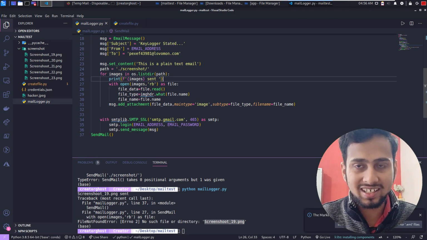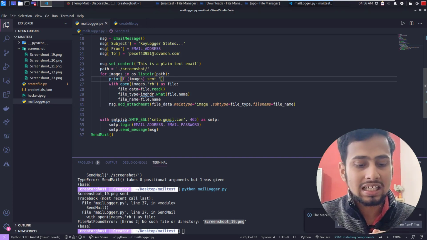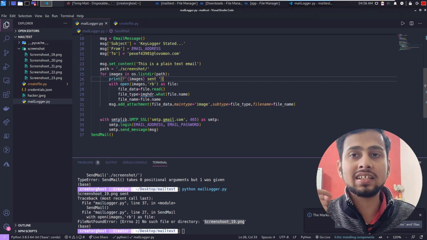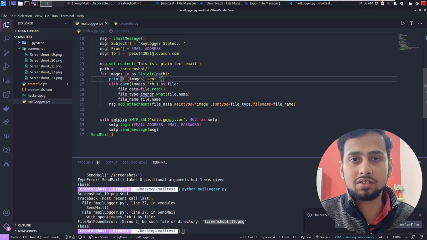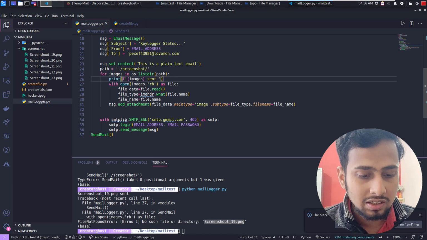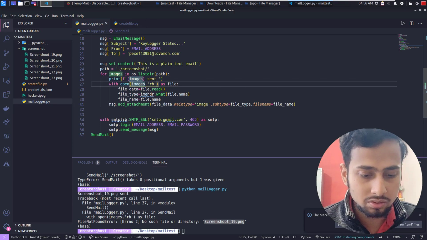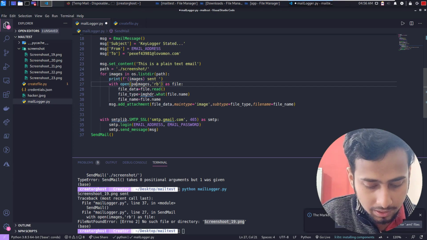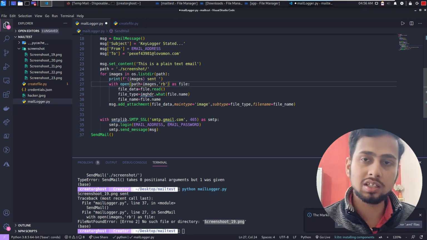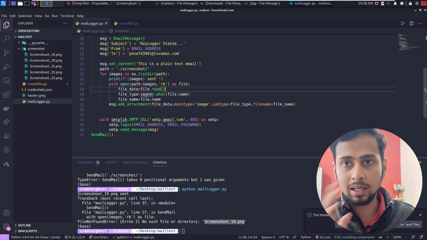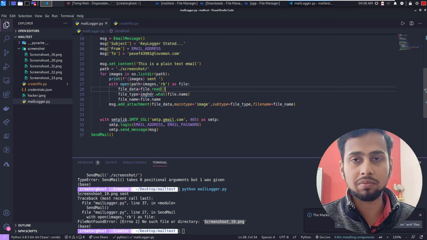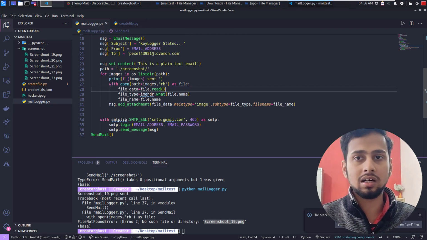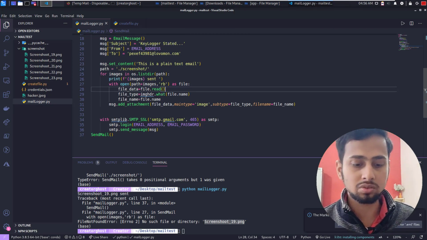I think I spotted the error. The error here was that it is trying to search inside the same directory where the image is already present. So that is not the case. We have to also specify the path. So here I have to write, let's say, path plus the images, so that it gets the absolute path from the directory where we are in to the file location where we want the images to be sent.